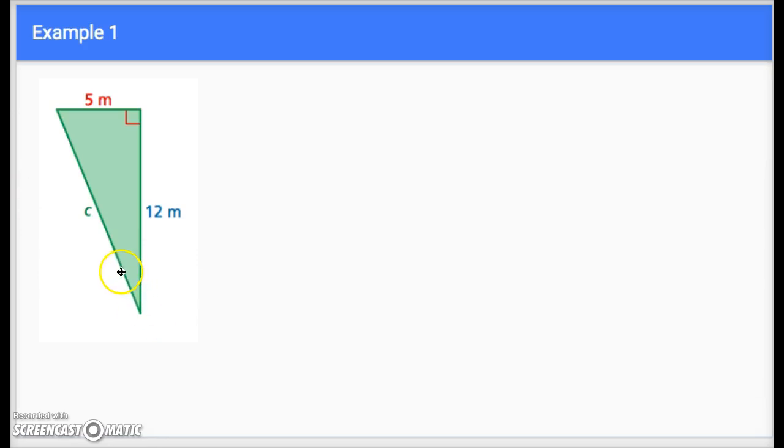we have this picture. Okay, first thing we need to do is figure out which side they are wanting us to find. So in this one, we have one side is 5 meters, another side is 12 meters, and then another side is labeled c. Now I want to figure out that c, is it a leg of the triangle or is it the hypotenuse? So I notice that it is the side that is opposite from the right angle. So c is my hypotenuse. So whenever I use my formula,